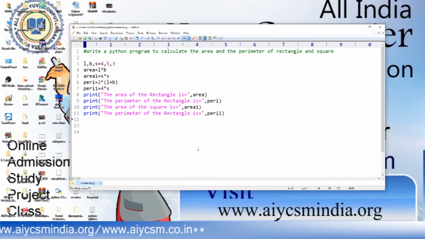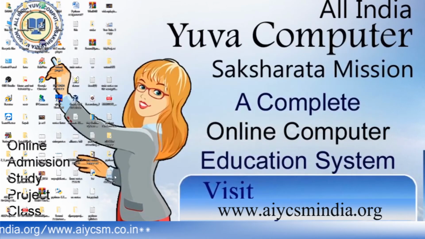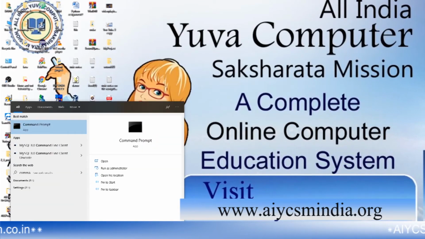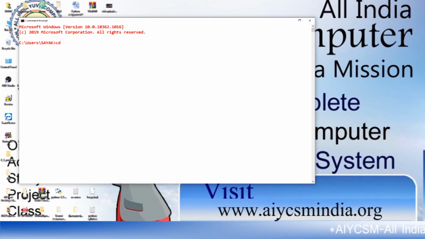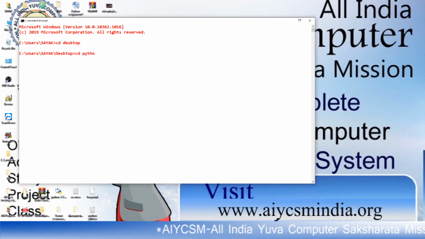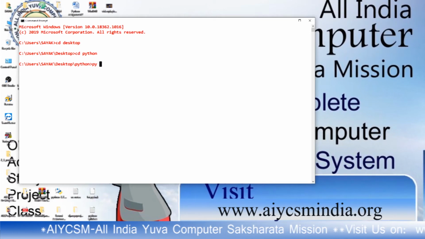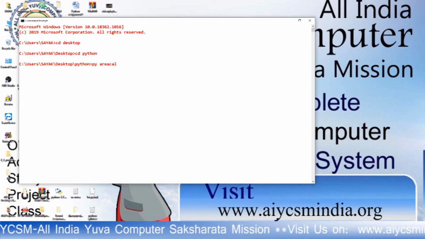I save this in the Python folder. Now I have to run the file from command prompt. I have to go to the desktop, then go to the Python folder. Now I have to write the command: area_cal is my program name, .py.